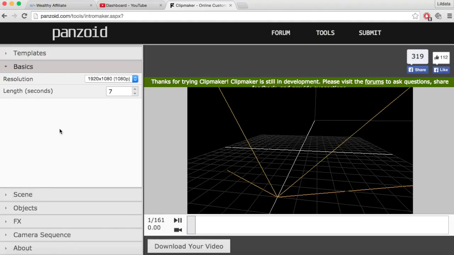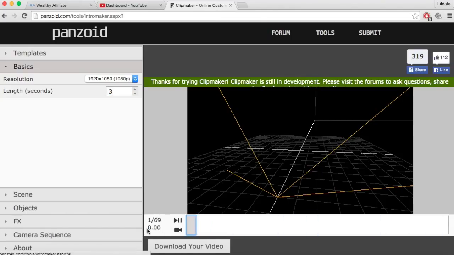Click on basics, and usually the normal length is about 3 seconds or 4 seconds. I like to start with 3 seconds, and if I need to add any more, I will just add in under seconds. You will realize that the more seconds you put in, the more clips you're going to have. This means the first clip out of 92 clips. So if you keep going, you're gonna end up with 92 clips. So usually I start with 3 seconds, and that's 69